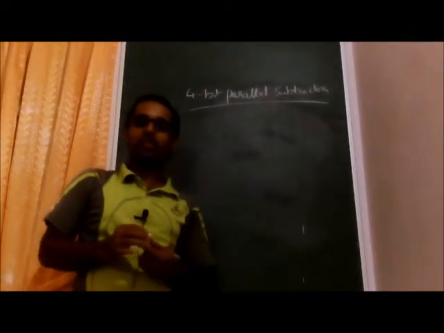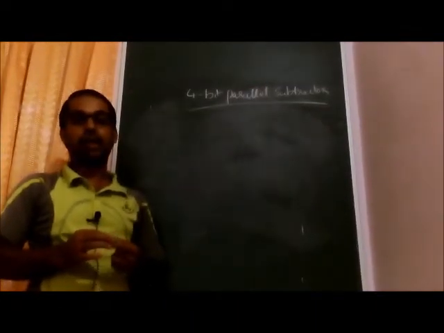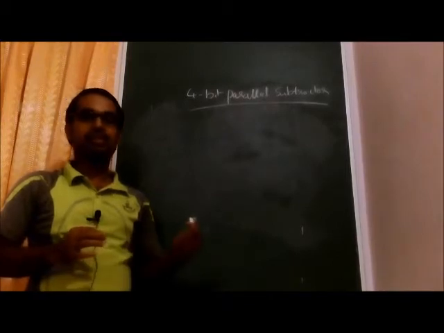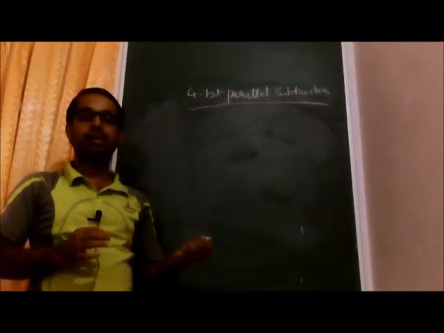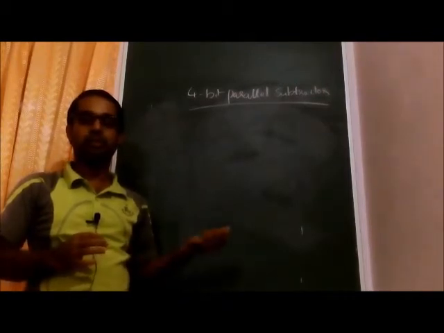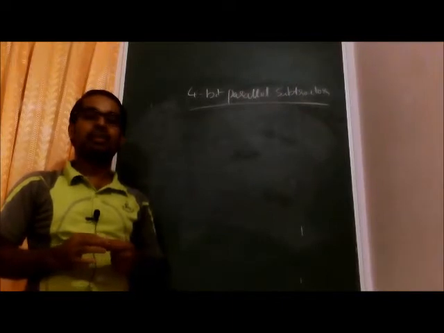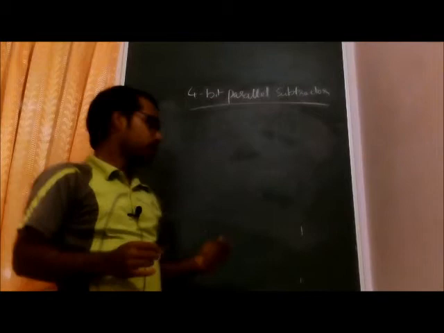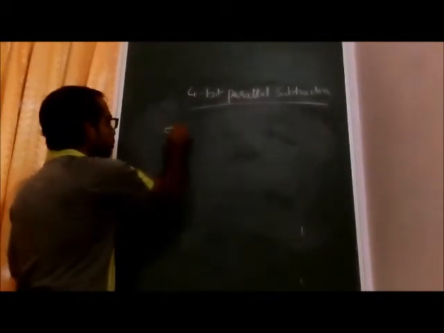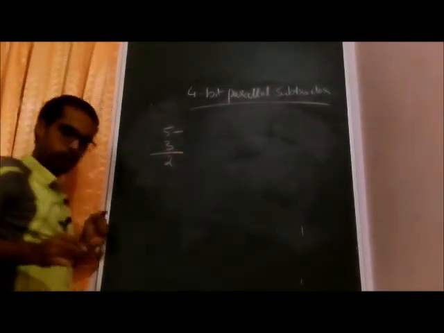Hello everyone. So in this class we will discuss the 4-bit parallel subtractor. Last class I mentioned that subtraction is a different story, and we cannot subtract numbers directly in digital electronics. Instead, we take the complement of the second number and add it to the first one. Let's see an example. In real numbers, suppose we take 5 minus 3. So 5 minus 3 is 2. So how are we going to do this in binary numbers?